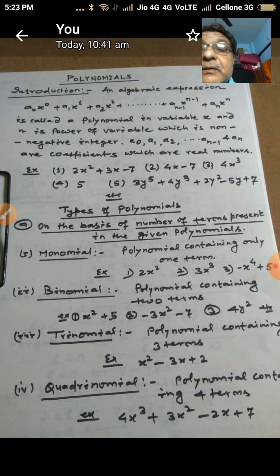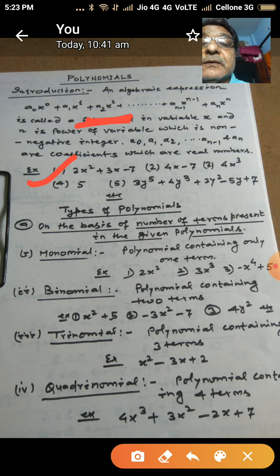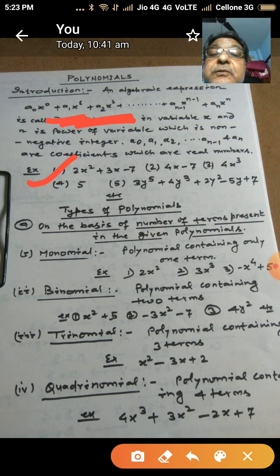when we consider the first example, here you see x is to the power 2 and then x is having power 1 and then only a constant. This is the term a2 x square. So here in the place of a2 there is 2 and x square is already there, plus before that you see a1 x1. So in the place of a1 there is 3 and x is already in power 1, so in this way it comes plus 3x.